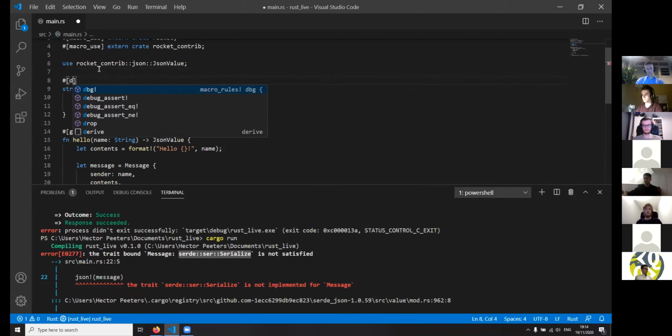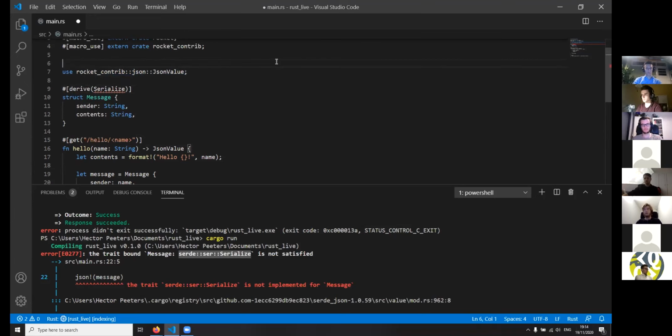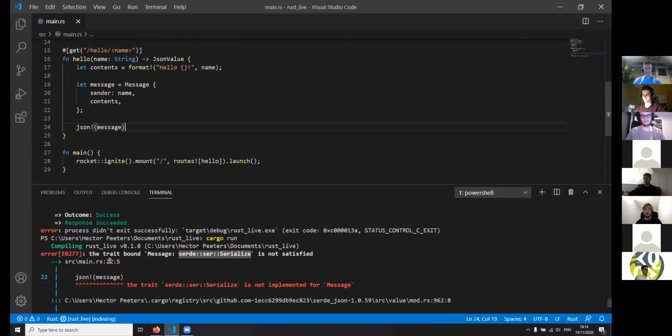That's derive. It will generate the default implementation for a specific trait, and we'll do Serialize. We also need to import this one. So now this line will automatically generate the Serialize trait for the struct Message. So this error should now be resolved.